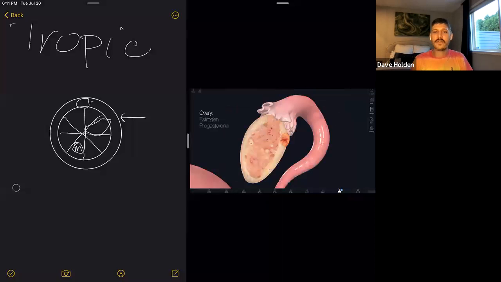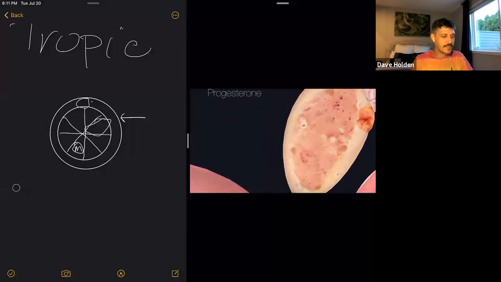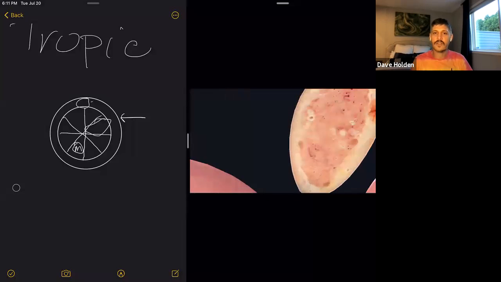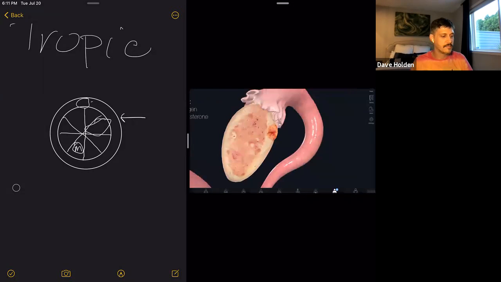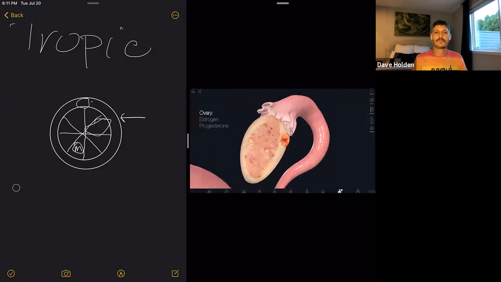And ladies, I didn't forget you. Bam, cross section of an ovary producing estrogen and progesterone. Those little holes are, I would imagine, little blood vessel type things because the ovary has just been cut in half and opened up. Fun stuff,